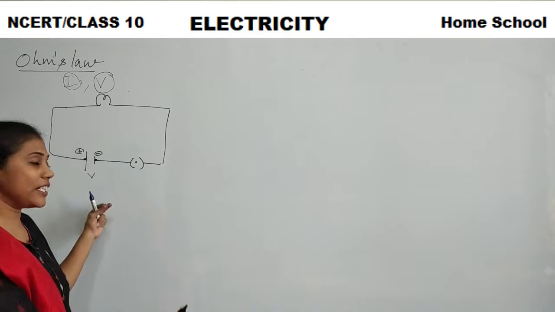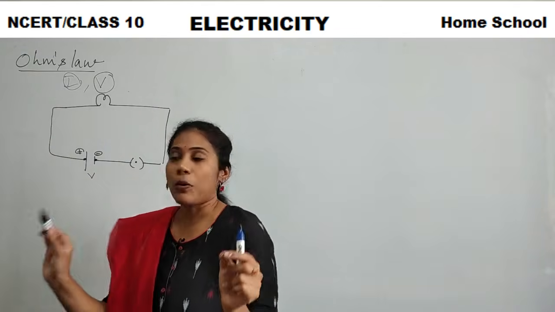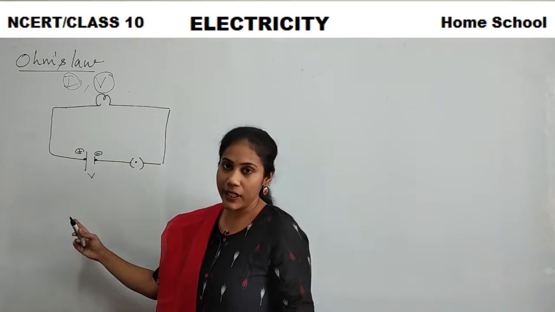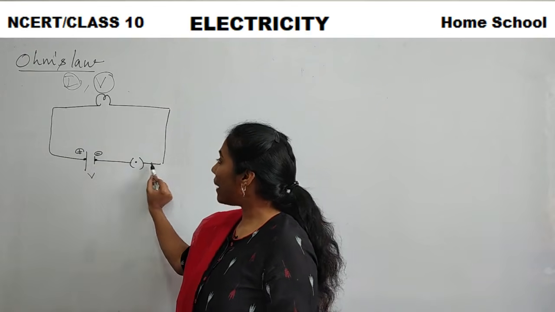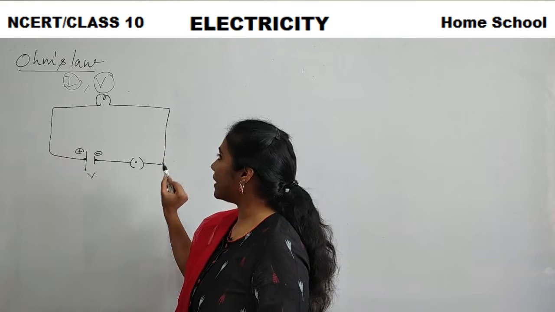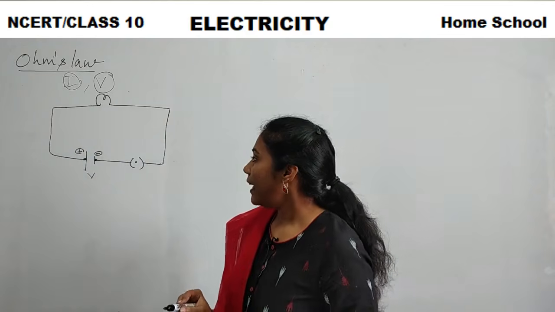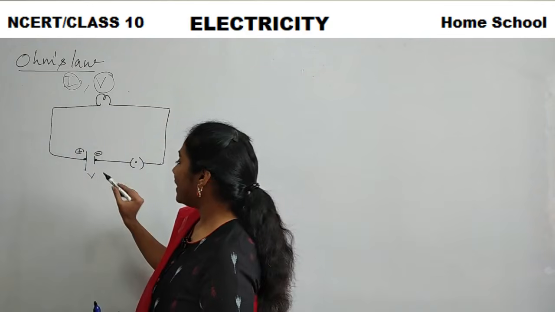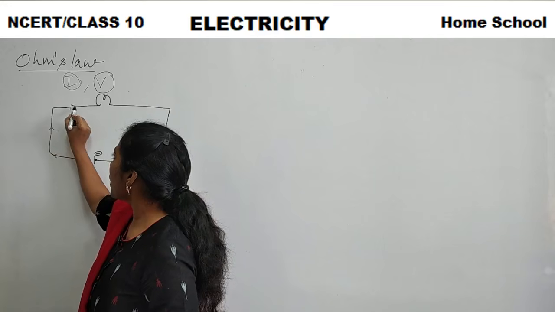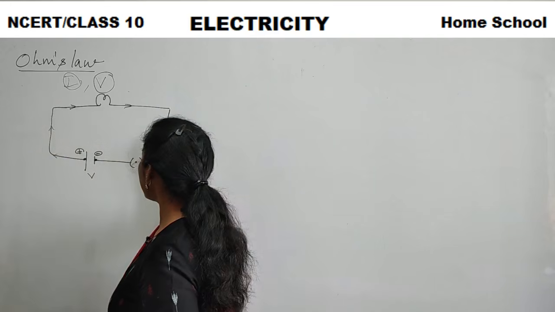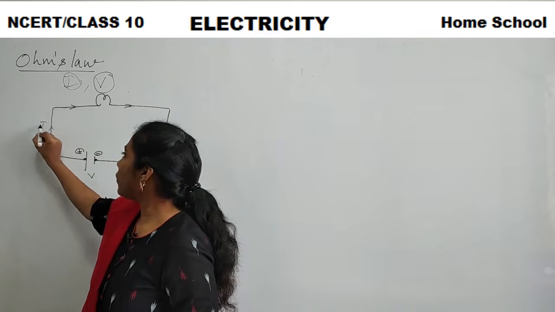Who sets the potential difference? Battery sets the potential difference. Battery is responsible for the potential difference or voltage, right? And this voltage pushes the electrons to pass in a wire continuously. Only then will the electric current pass. And you have a current, and current flow is exactly opposite to the direction of flow of electrons, right? This is the conventional current. We have studied all this. So our current is flowing.